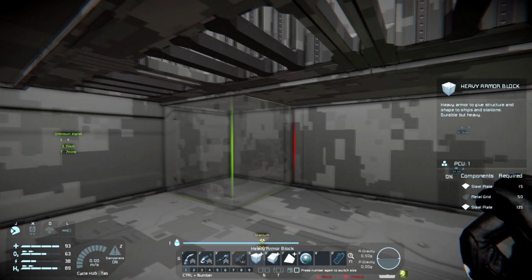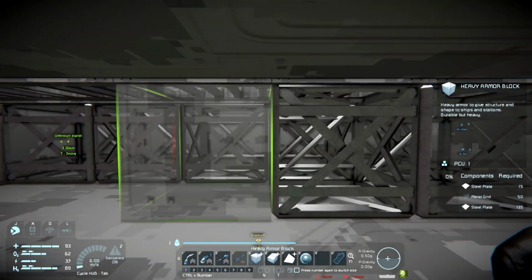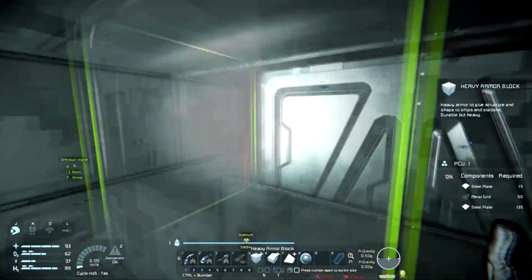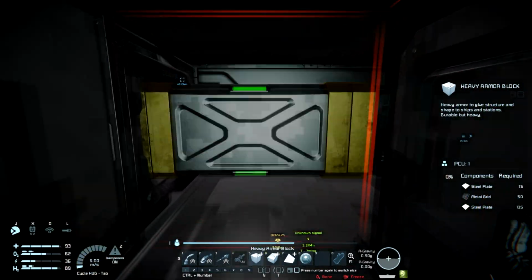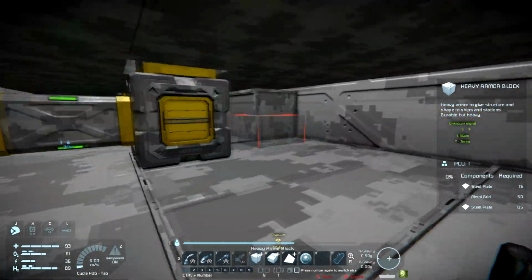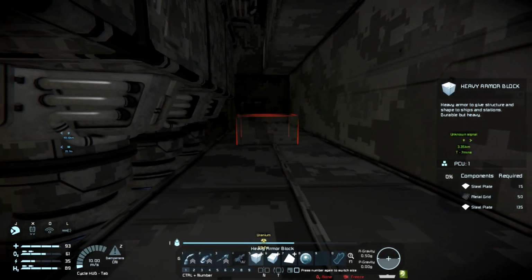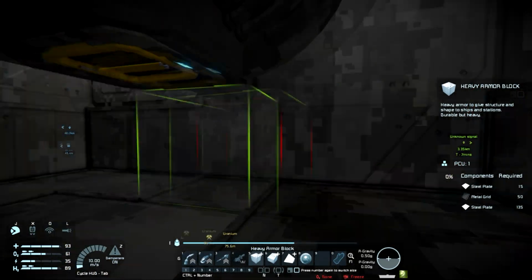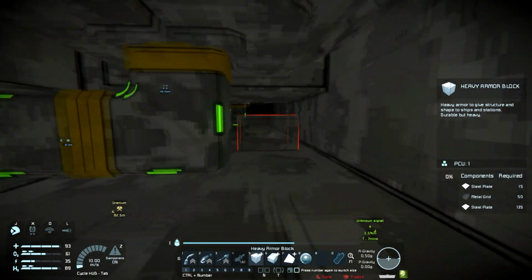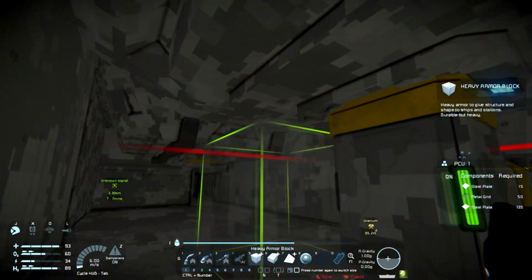Alright, so here we're actually going to do that, and then I want to block this off as well. Just because I'm paranoid about hangar doors. So we can get in here. This is good. Okay. So this should be good. Now the question is, are the hangars still pressurized? Alright, so from here we can go...